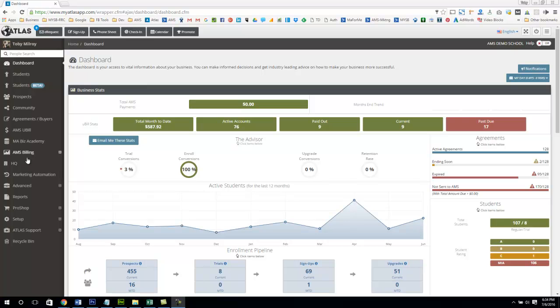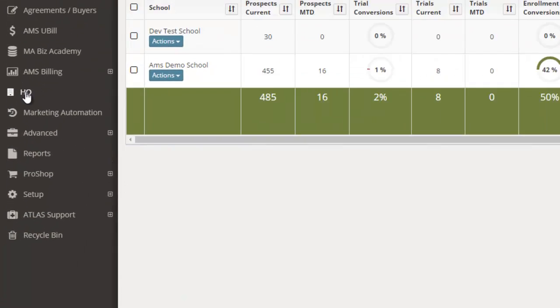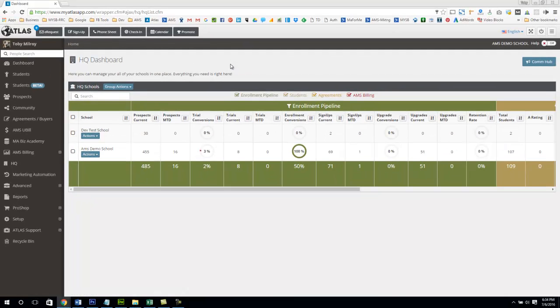Today we wanted to take a quick look at the Atlas headquarters functionality. If you go to the left navigation over here, you'll see the HQ little icon. The headquarters functionality is designed for multi-school operators or franchisors, or if you have satellite schools, whatever the case is. In any kind of multi-school environment, what you very frequently want to know is how your individual